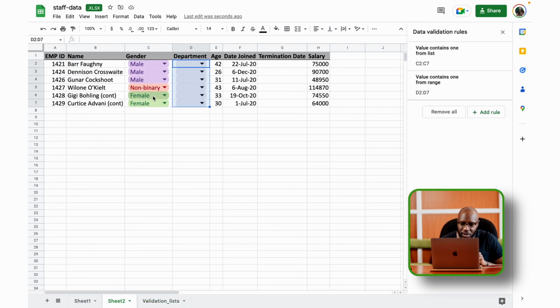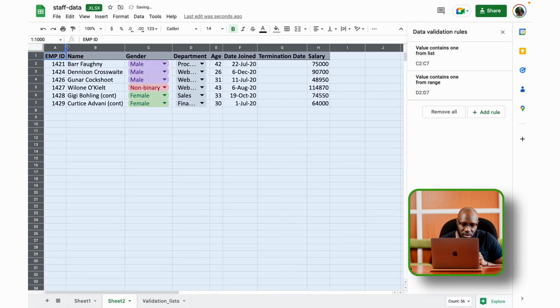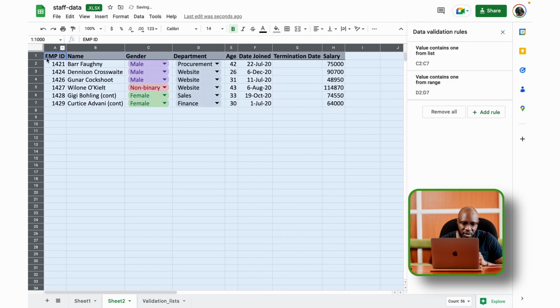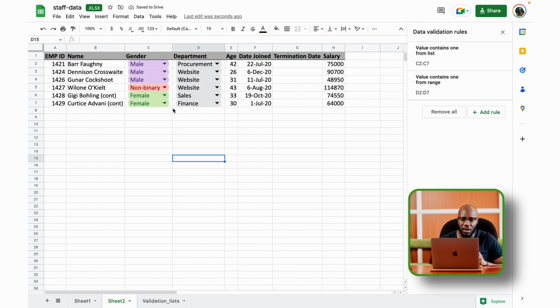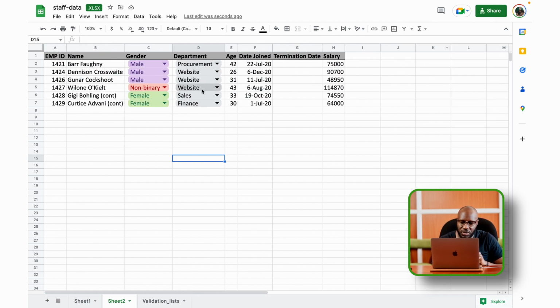And now when I go there, now we can see, we can select procurement, website. I believe this was website as well. And then sales, and then finance. And then I'm just going to make them auto-fit by just doing that. Okay, all right. So now, the thing is that if I were to add, now the beauty of doing it